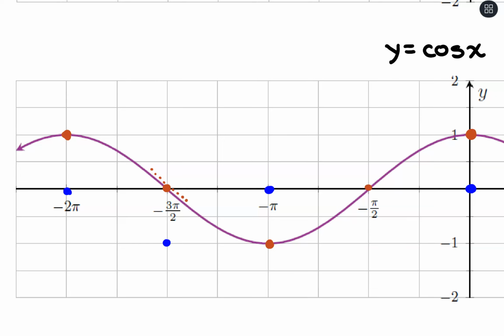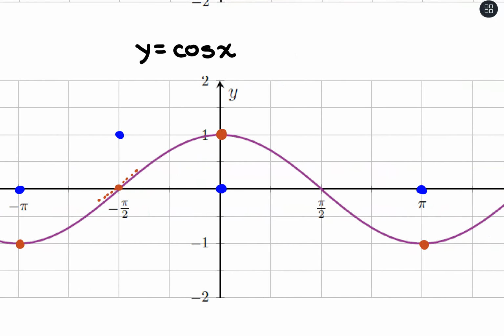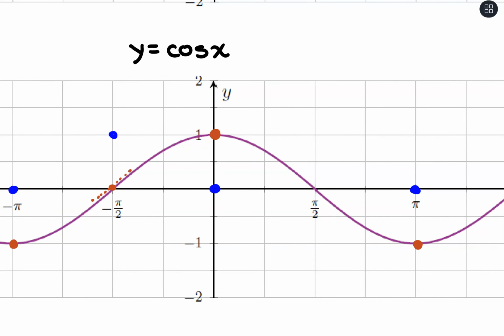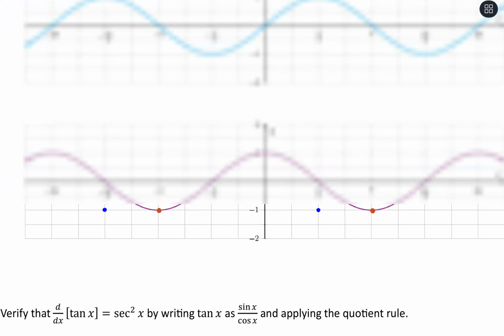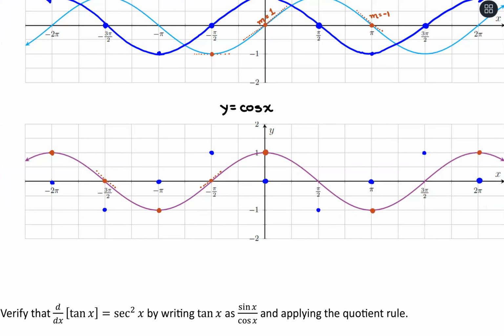At negative pi over 2, we'd have our slope of positive 1, so we'd be up here. And at pi over 2, negative 1. At 3 pi over 2, positive 1. And if I connect those dots, we're going to get something that looks like this,